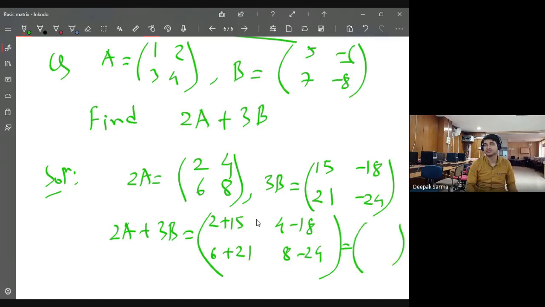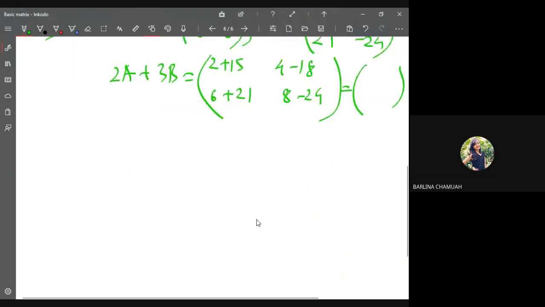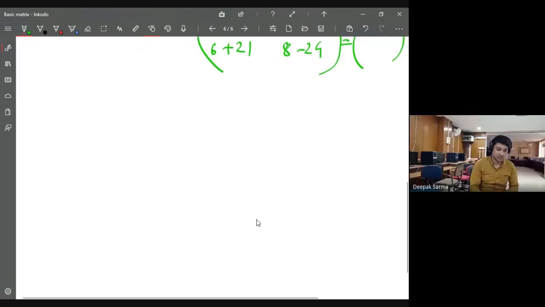That is done. Notice, any linear combination of matrices, you can write this way. Is it clear? Can you find it? Yes, sir. Fine. Then I am giving you some questions. If you want, you can solve them now.